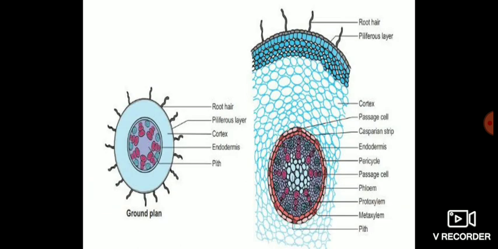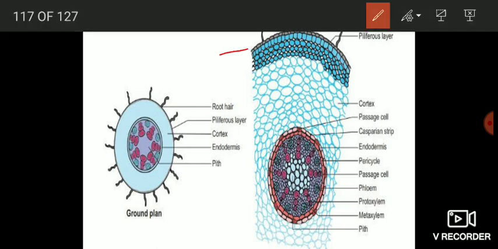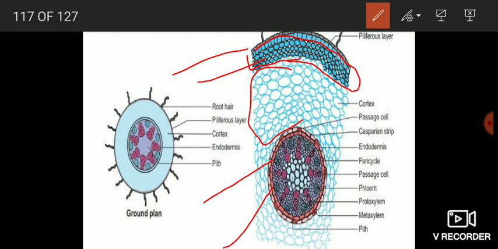Now let's have a look on the anatomical features of the monocot root on this slide. The outermost layer is piliferous layer. Then we have a few layers of cutinized cells. They form the exodermis, and then the cortex. The innermost layer of cortex is known as endodermis, and this endodermis is present in the form of a circle around the pericycle. The pericycle is usually single layered or a few layered in some cases.